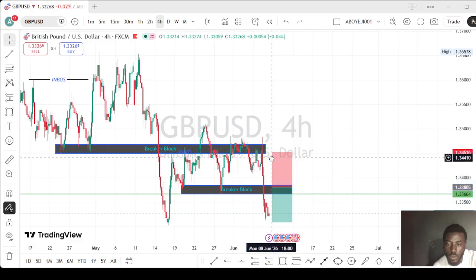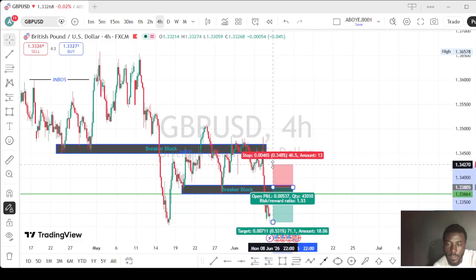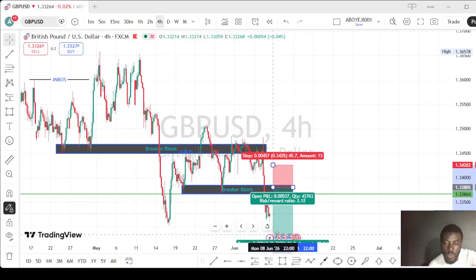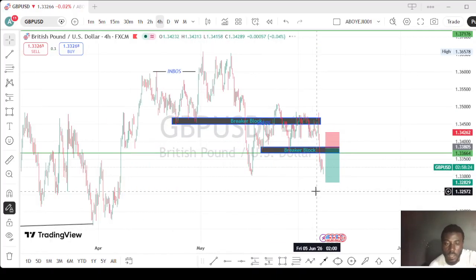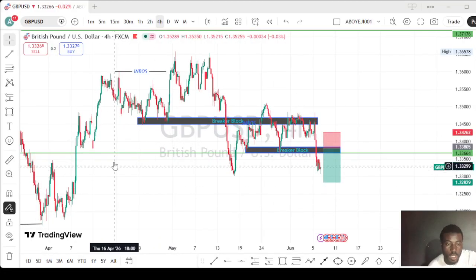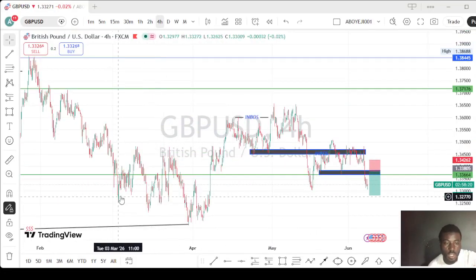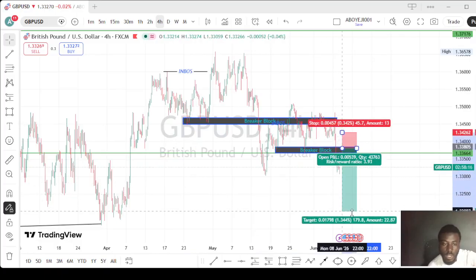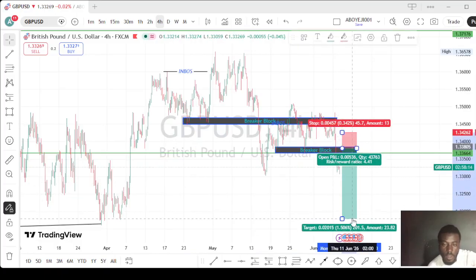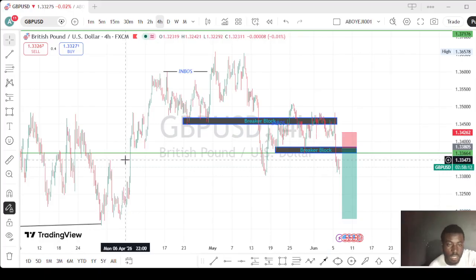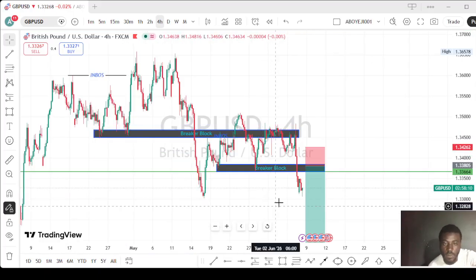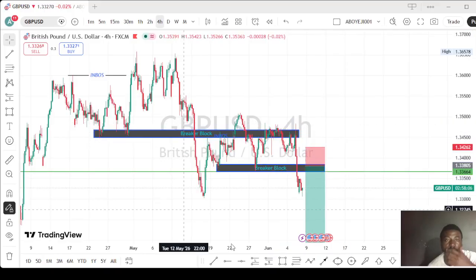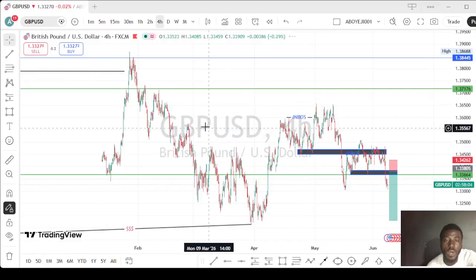And our stop loss will be here. So this is what the market is giving us. Let's see if we can expect another, because all these ones serve as liquidity. All these ones serve as liquidity, and this is where we are expecting our take profits, because this is the last break of structure that was given to us. So let's be expecting here on the 4 hour time frame.